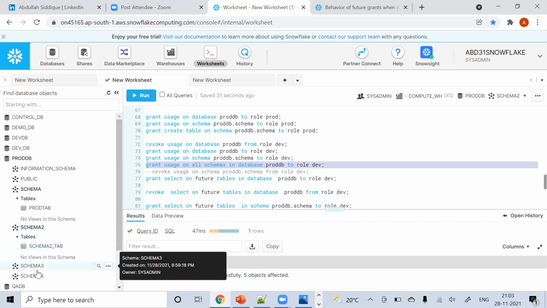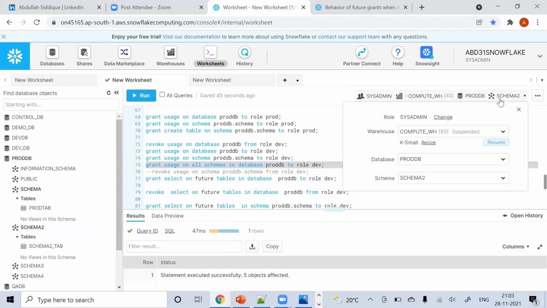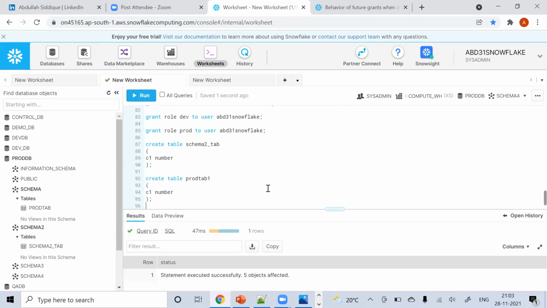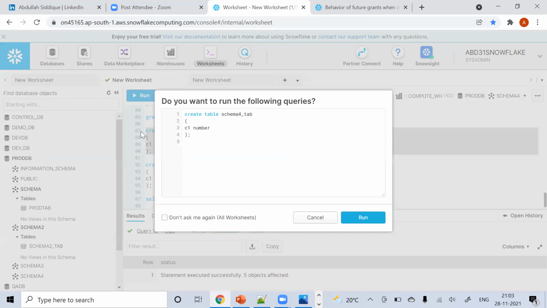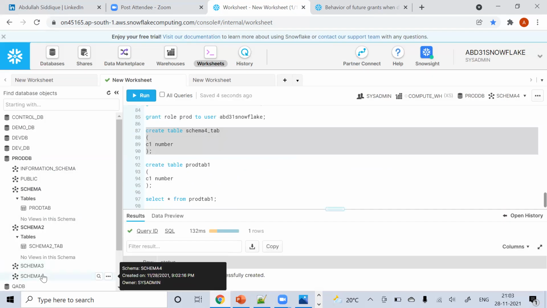So now I see I don't have any table created in schema 4. If I go and change it to schema 4, I don't have anything created there. Let me create a table there. This is a future table, right? It is not there yet. So if I create this table in schema 4 now, you can see